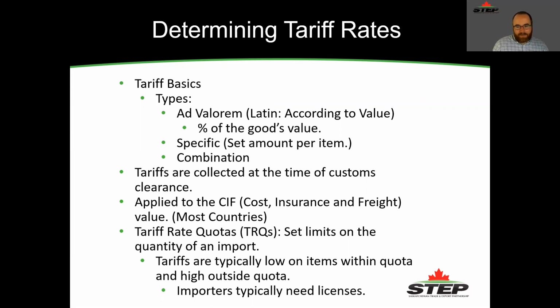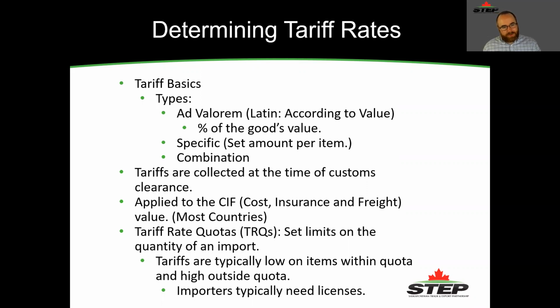For most companies here, this won't be a big deal unless you're in the commodity space, the agricultural commodity space. But many countries have quotas on products. That really means there's a set limit on a product that can enter a market at a good tariff rate, which might be like 2% or free. They really do protect their industry by setting these.